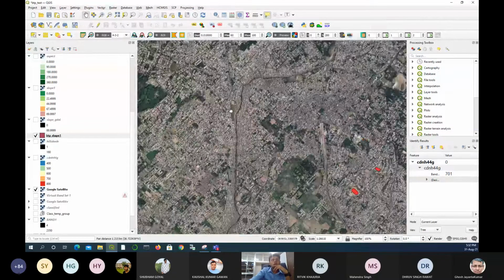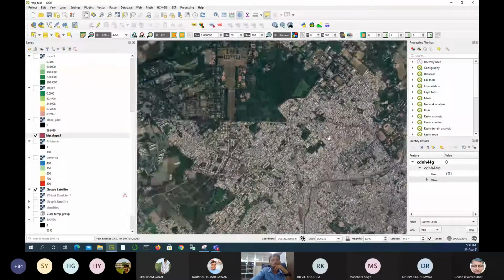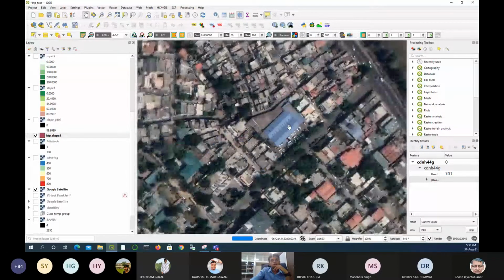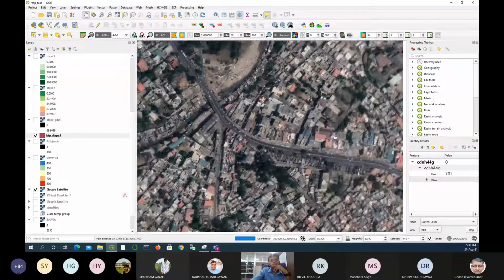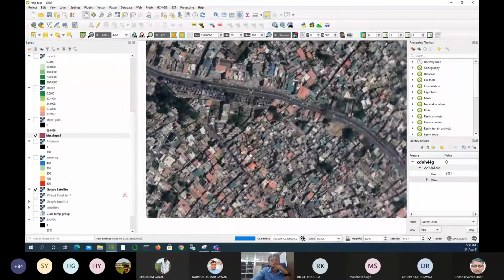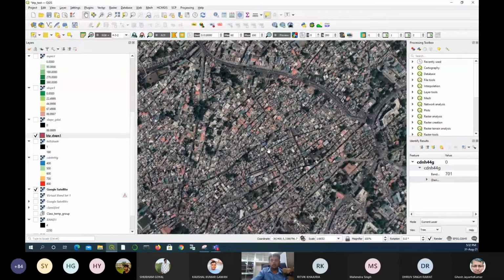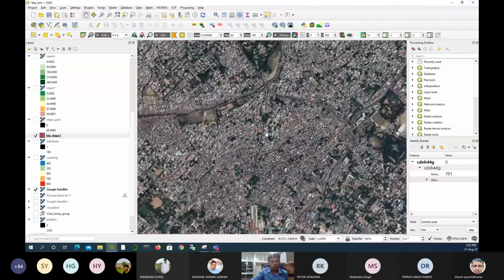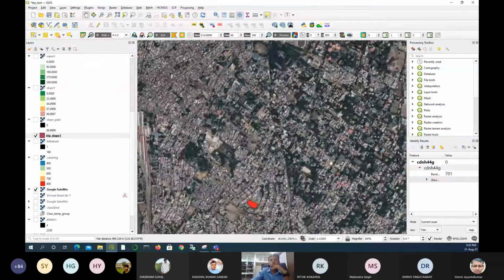देहरादून में पानी कहाँ है? I mean, in that specific case, your LULC classification will help you, because you can train your pixels, and then it will identify all the water body pixels, and from there on you can zoom in and check whether this is water or not, and you can create your own shape files.